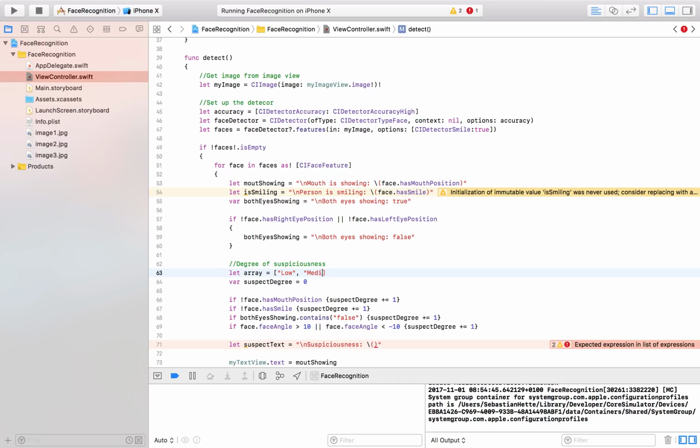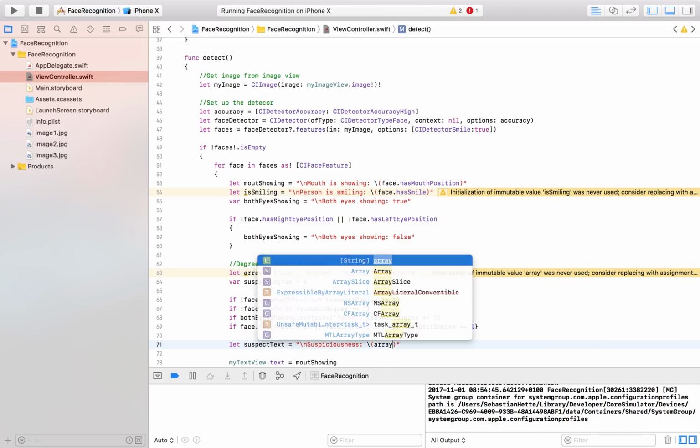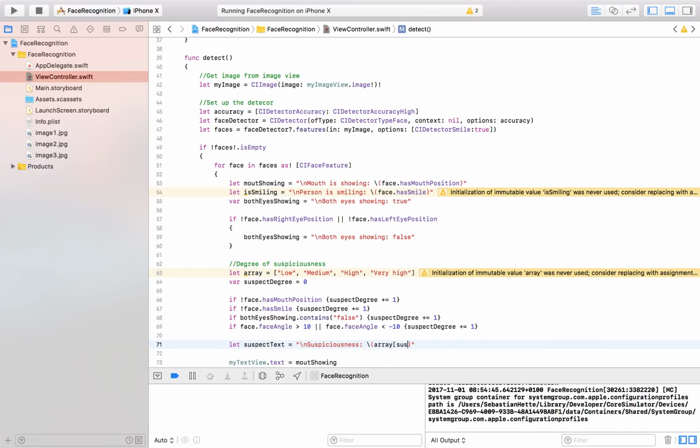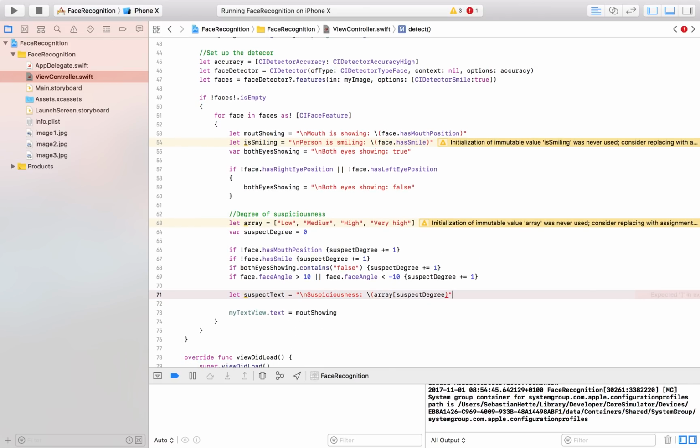medium. It's going to become clear why I do that in a second. High, and I'm going to also write very high. Basically, instead of giving it a suspect degree number, I'm instead going to return a text, so array at suspect degree. So here we have our suspicious text, and all that's left, and this is the last step,